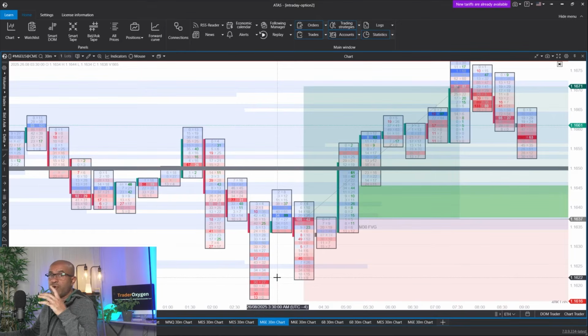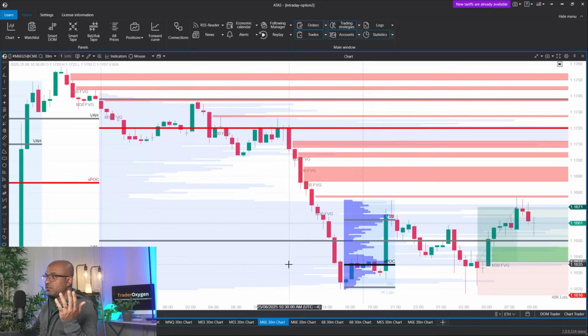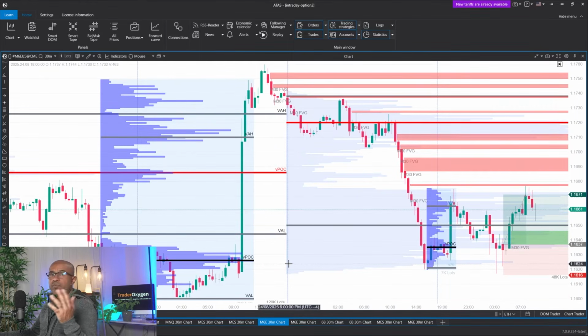That is the beauty of using footprint charts and volume profile analysis, because if you don't use footprint charts and volume profile analysis, if you just look at basic candles, you can't see this story happening, what I'm explaining here. So as smart money traders, what we do is, we look into volume profile and footprint, and we try to understand what the big banks and institutes are doing. So that is what I'm explaining to you in this live stream, so that you can understand the story